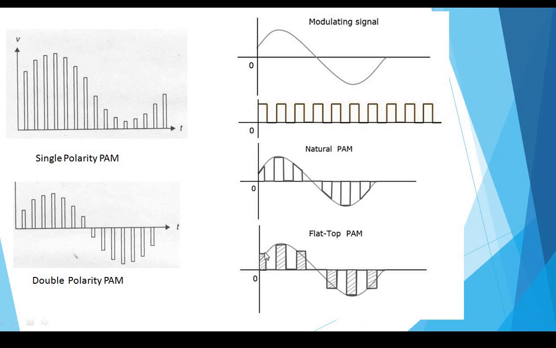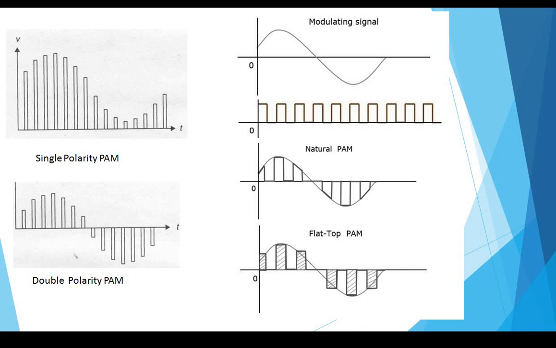But here in flat top sampling, it only takes particular points. It takes the samples of constant amplitude only. It does not take this part. If you are having noise, this can be eliminated. So only at these particular points will it take the consideration, and you will get your original message signal without any distortion. Means your distortion will be reduced by using flat top sampling.